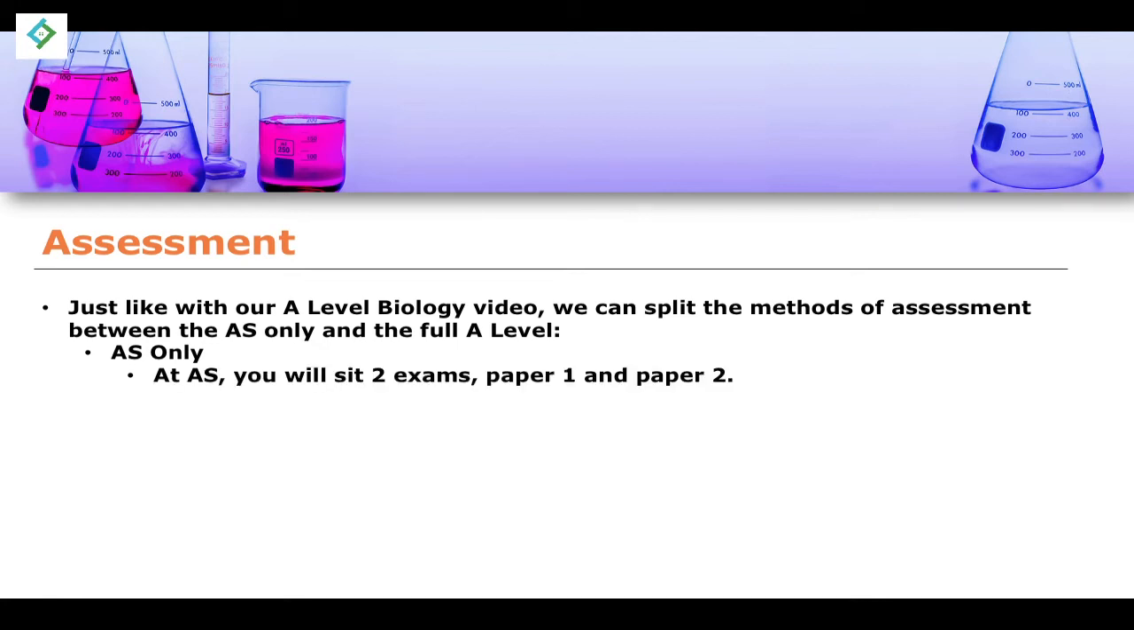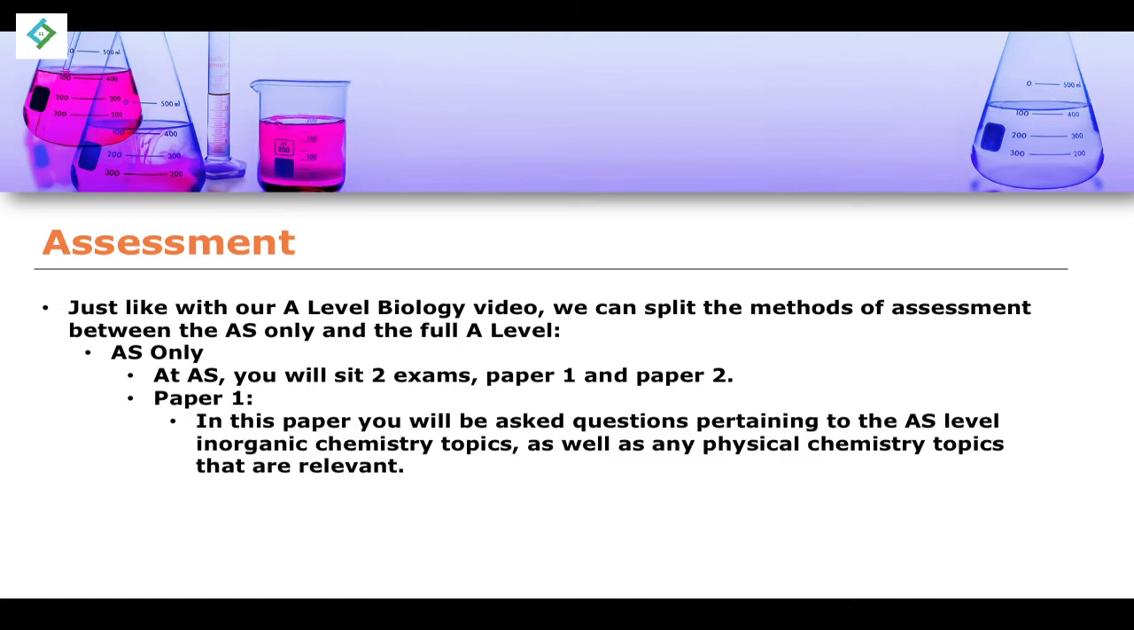At AS, you will sit 2 exams. There'll be a paper 1 exam and there'll be a paper 2 exam. Now, the exams are split 50-50, and in paper 1, you will be asked questions pertaining to the AS level inorganic chemistry topics, so the core topics for inorganic chemistry, as well as any of the physical chemistry topics that are relevant to inorganic chemistry. The specification specifically picks out the topics from the physical chemistry section that will be relevant to paper 1,